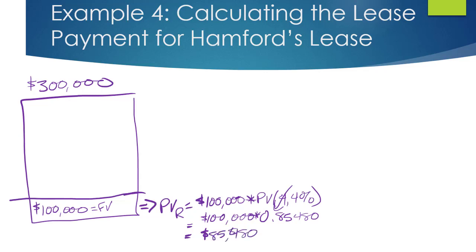So the value of that $100,000 that I'm going to get in 4 years is $85,480 today, which means Cisco, if I want to get $300,000 total,